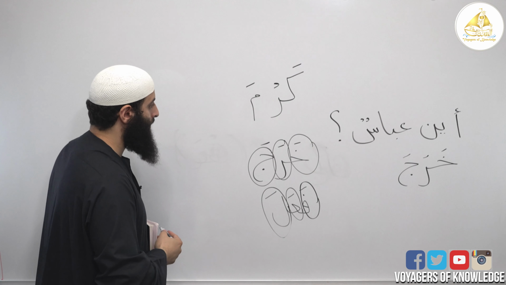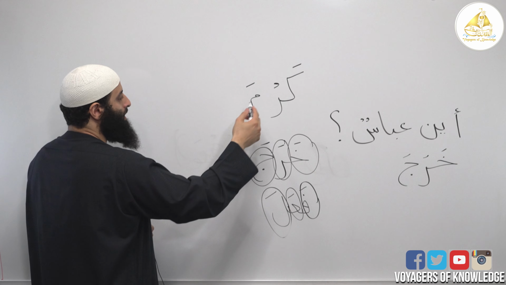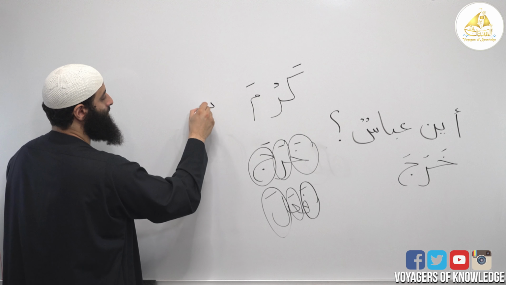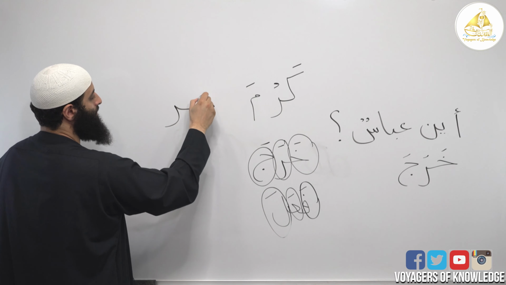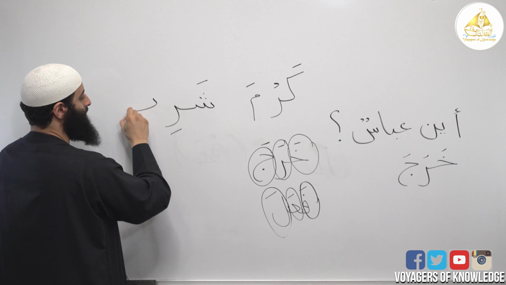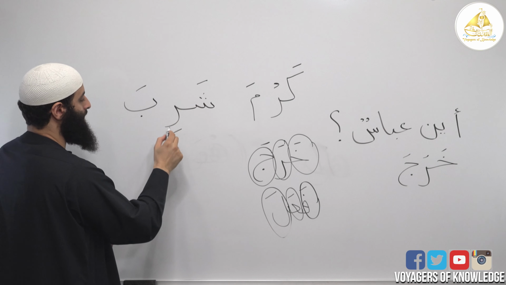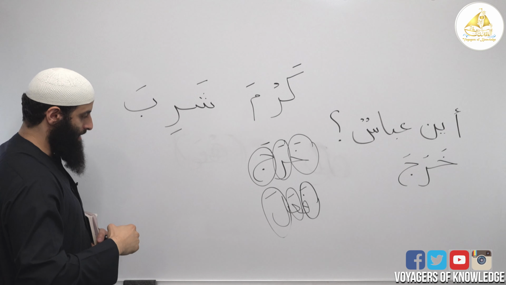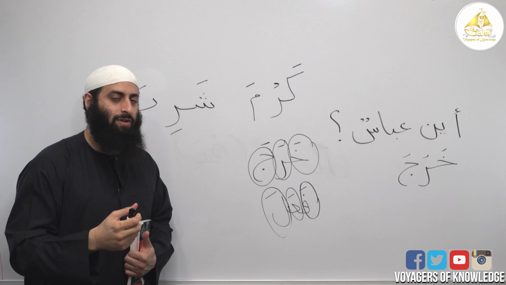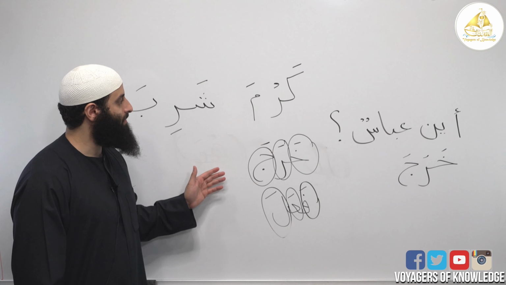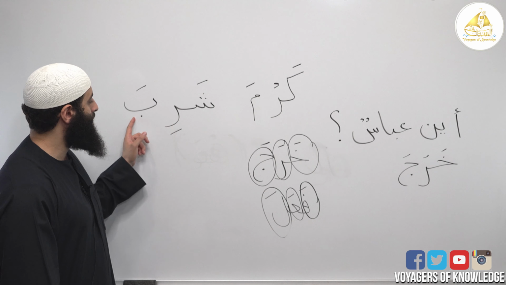Okay? Some of them might say shariba. Fatha, kasra, fatha. But you are noticing something that is very, very common for past tense verbs to be three-letter